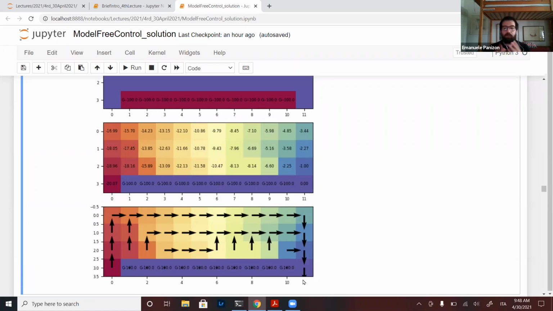So with that, perhaps we do 10 minutes of break, and then we see something which is slightly different. It's off policy, where the policy I'm following and the policy I'm evaluating are two different things, with Q learning. And then if we have time, I hope so, we will do expected Sarsa and a bit of convergence.